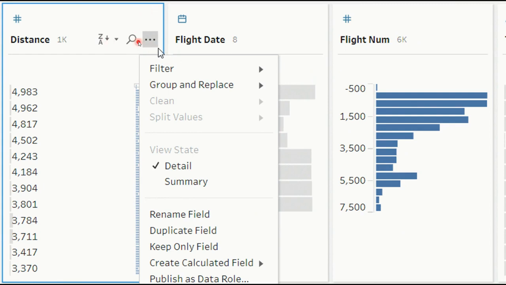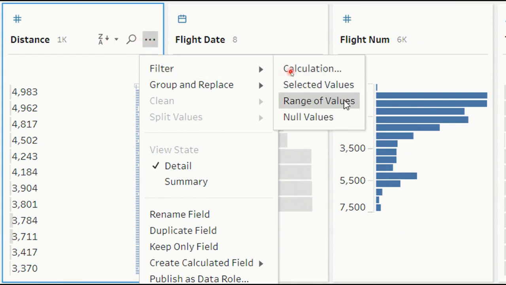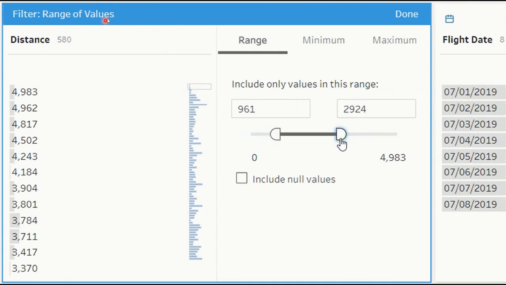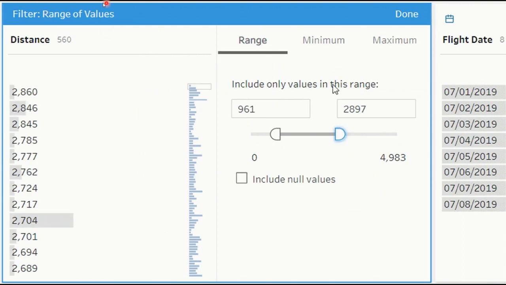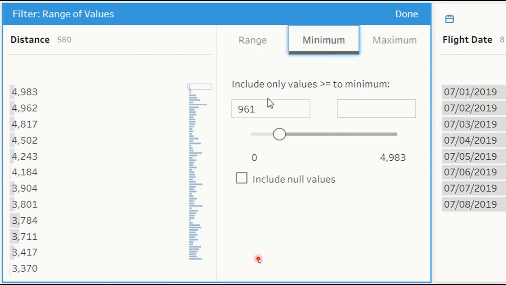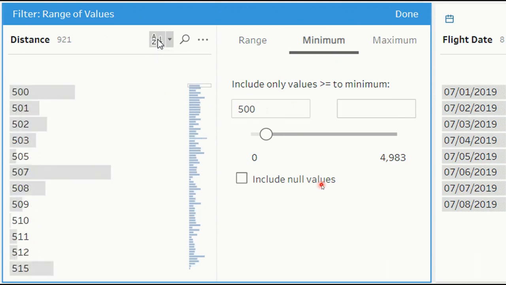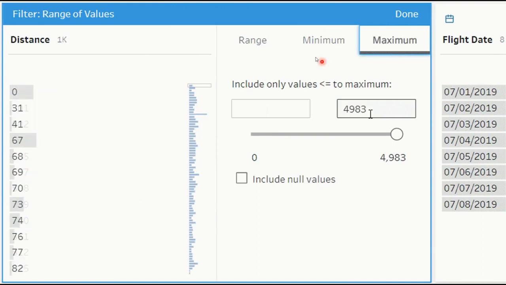This is the number filter. As I told, the filtering options will change based on the data type. You can see that for number, you have an option called range of values. You can select the value and click what range you need. So you have the option here to change it. You have the tabs as well, like range, minimum, and maximum.